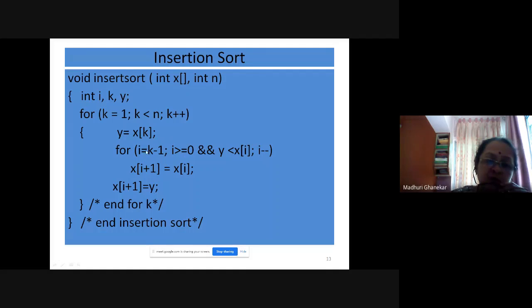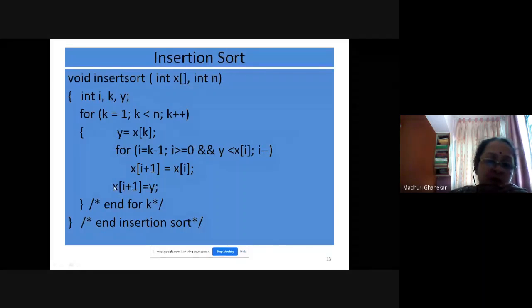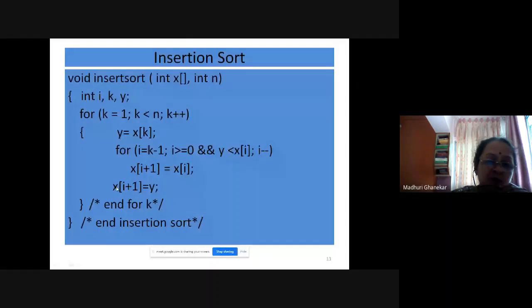So one complete for loop will be escaped, and you will be executing only this for loop. Remember, this statement is outside the second for loop, but inside the first for loop. So in the best case, the given data is in ascending manner and we want to sort it in ascending order, the program recognizes it and will not execute this loop.